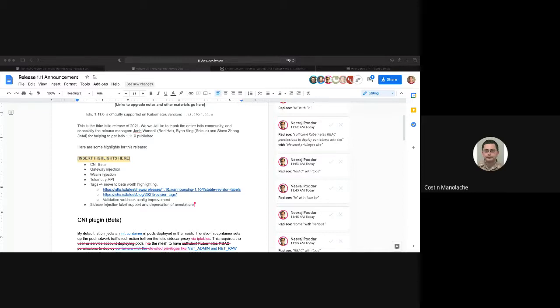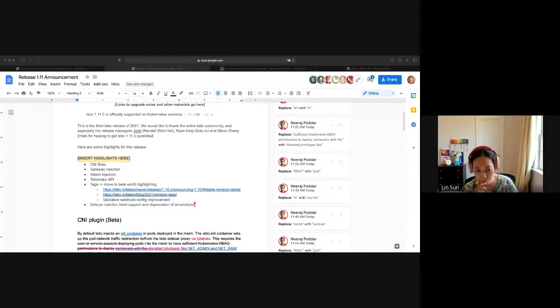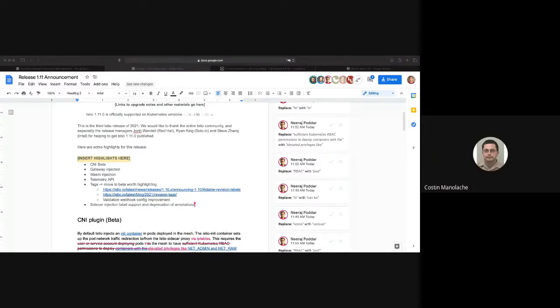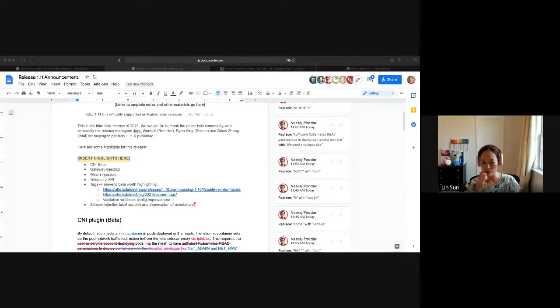John, do you have any opinion on this? I don't know if it's a good idea to do that. Okay, then we can move ahead with rev. It's also not only for revisions, it's also just if sidecar inject equals true or whatever. Oh yeah, just making sure we're on the same page. So John and Costin, you're saying the label support for injection, you can't refer by the tag name like prod or canary? No, you can. Oh, okay. Then I don't have any concern if that's the case.